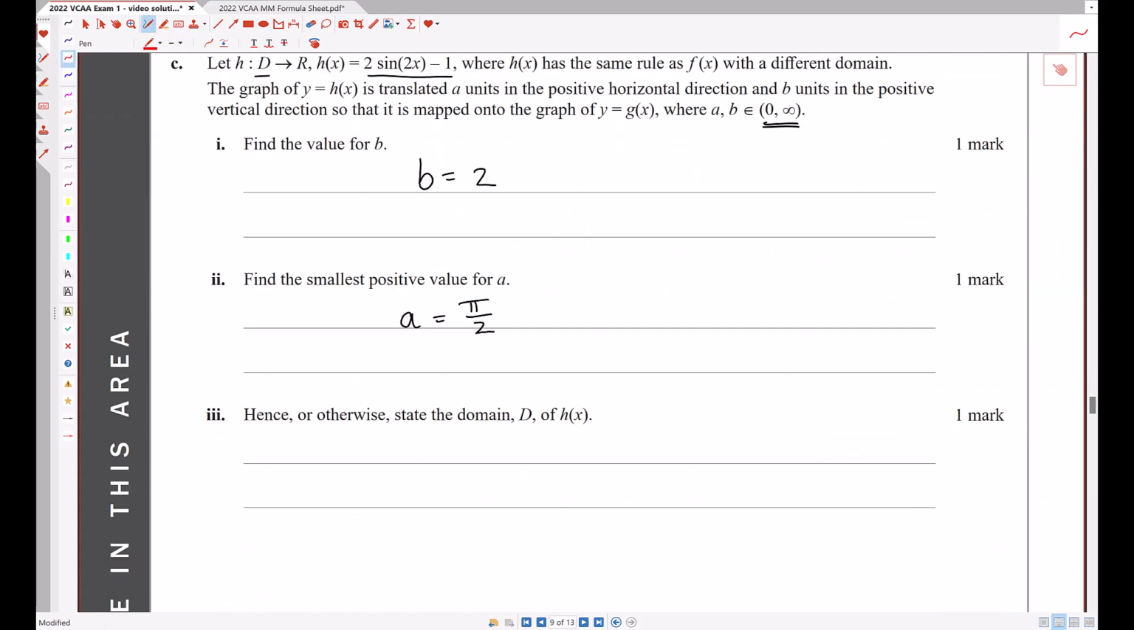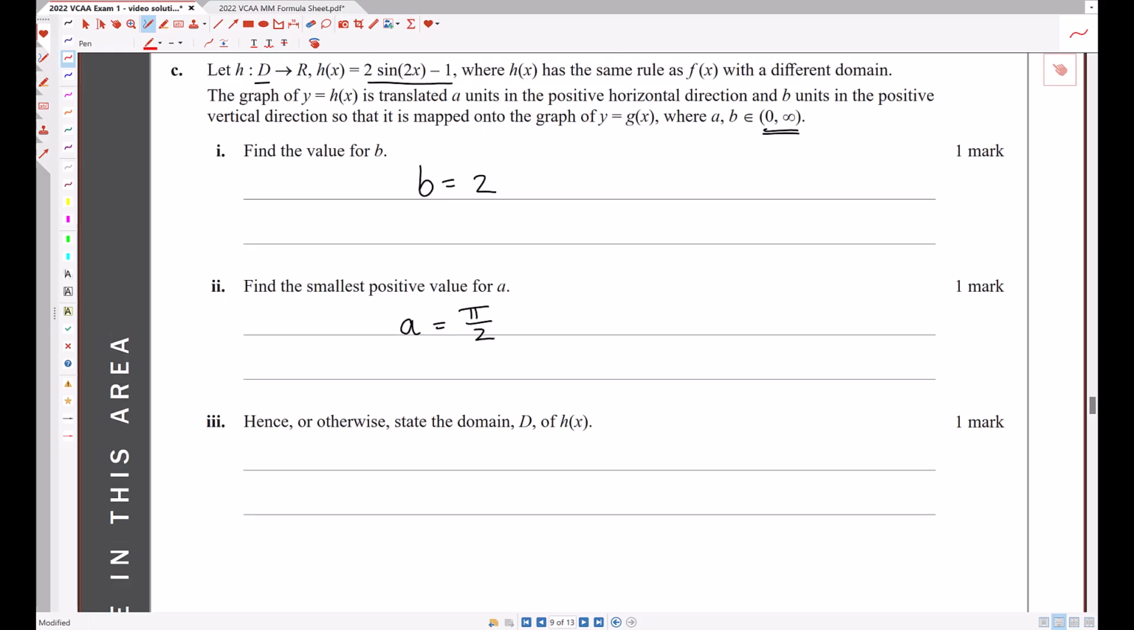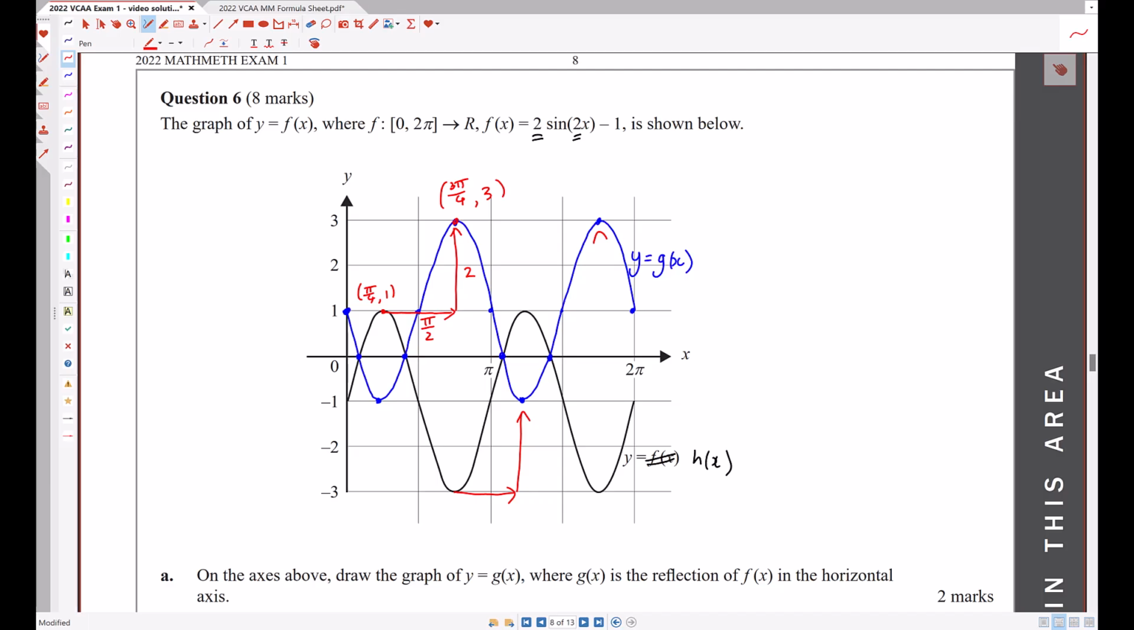Okay, so then, hence or otherwise state the domain D of h of x. Okay, so this was fairly poorly done last year, but this is where we've got to understand that our original function f of x had a domain from 0 to 2 pi. So if we had, now let me just rub out those annotations so you can see what I'm doing. So if I had literally taken the graph of f and done these 2 transformations to it,